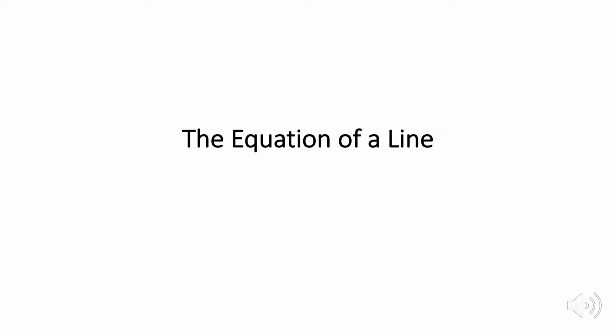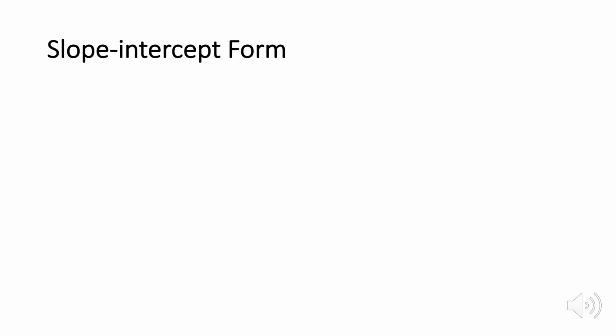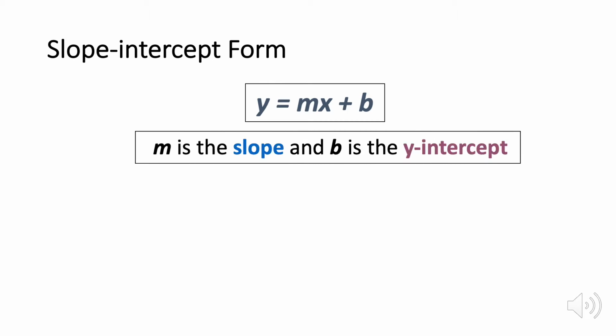Okay, the equation of a line. So that is our topic for today. And we are going to focus only on the basic one, which is the slope-intercept form, because all other equations of the line come from this slope-intercept form, which is y equals mx plus b, wherein m is your slope and b is your